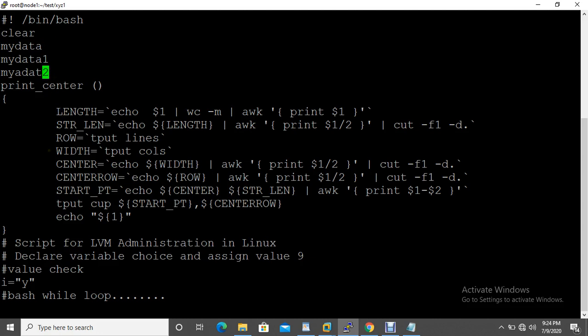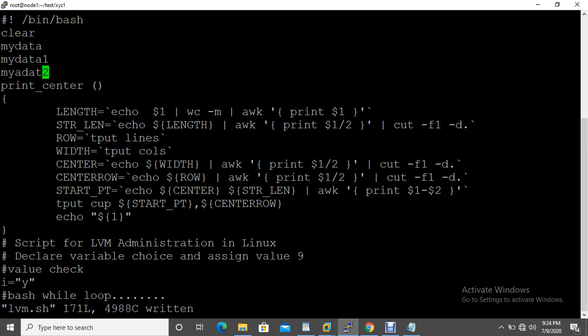If you need to save the data, you have to come out of insert mode again. So I came to escape mode with the escape button. After that, you have to press shift and semicolon, and then press W. W means save. If you only press W, it is going to save. If you need to save and exit from the file, then you have to press W and Q. As of now I'm going to save.